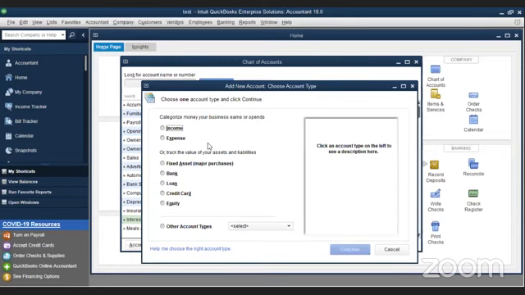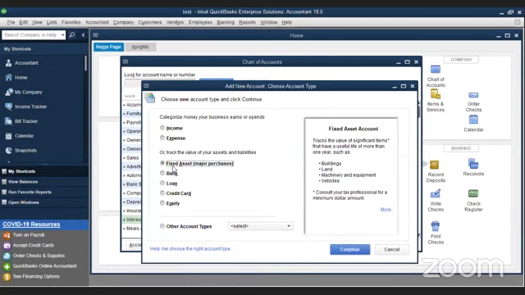If you make a mistake here, you will have to delete the account and start all over again, because QB doesn't allow you to amend or edit classes. So now we are going to create a fixed asset for chair. Firstly, it's not an income or expense, it's a fixed asset. So you click this fixed asset, and then you simply click continue.